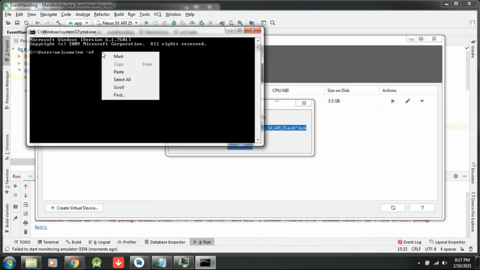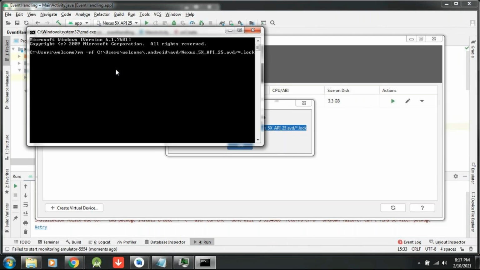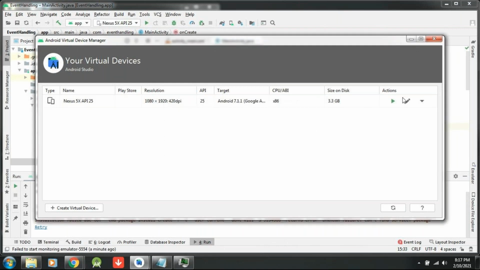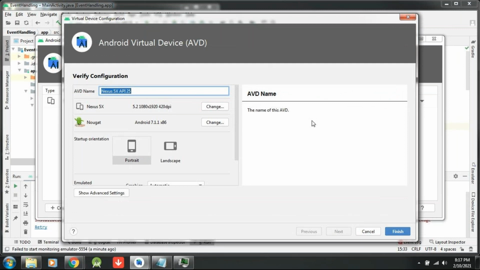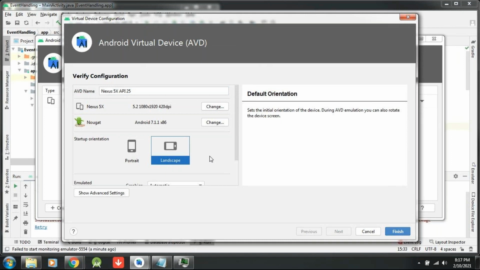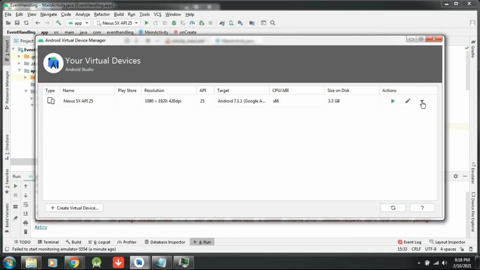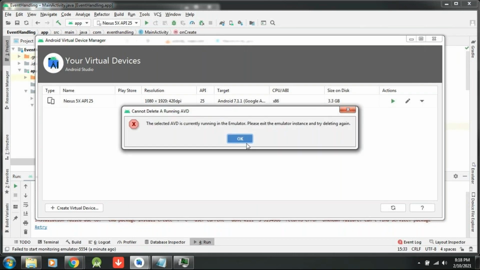So I'm trying to do this, deleting this one. Okay. So here I have to delete. One second, I'm trying to delete it, but it is not getting deleted. Okay, maybe there is a problem.